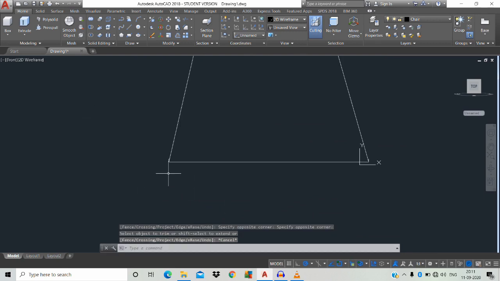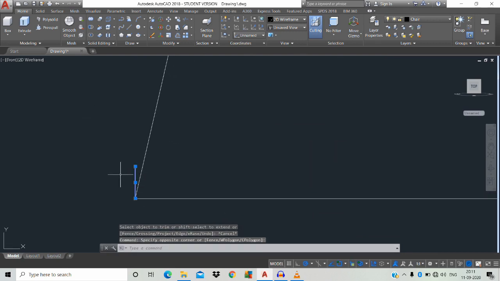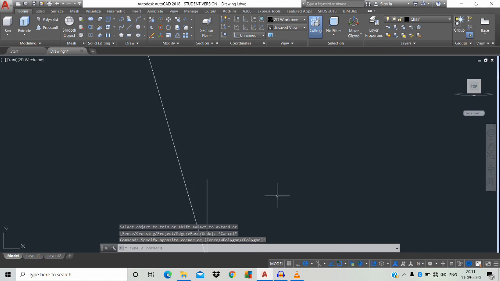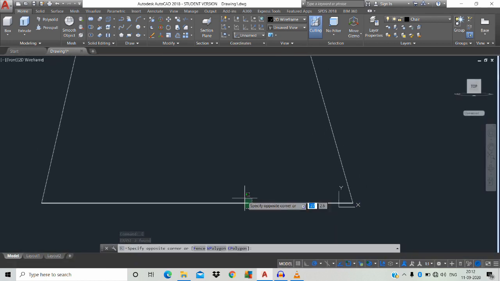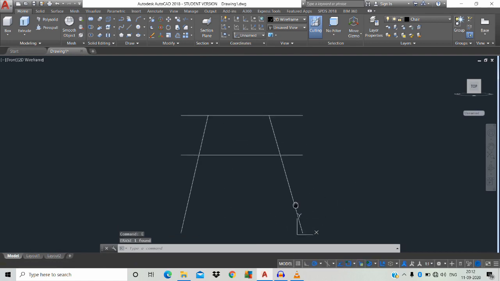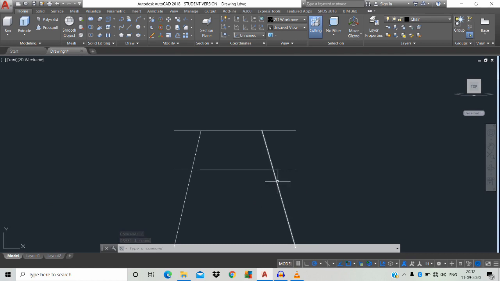Just using your scroll button, zoom in and click the unwanted reference line, E for erase. I think we don't need this line. Just select it, E space. So we're going to rotate. First T or double space, just trim this line. Escape, just click it and E for erase. L space, just pick the reference point, click it, move towards this direction for 90 mm, space, just click.